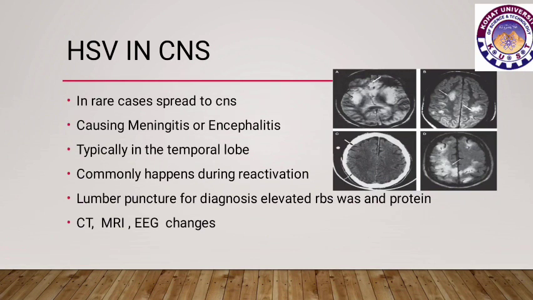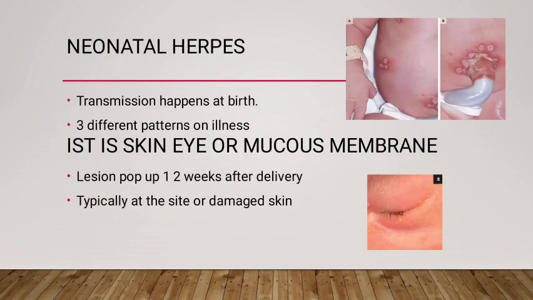HSV can pass from a mother to a baby, rather than causing a congenital infection while the fetus is in the uterus. Most of the transmission happens at birth, when the baby passes through infected maternal vaginal secretions during delivery. Neonatal HSV causes three different patterns of illness, each occurring about one-third of the time. The first is skin, eye or mucous membrane infection, where lesions pop up 1 to 2 weeks after delivery,